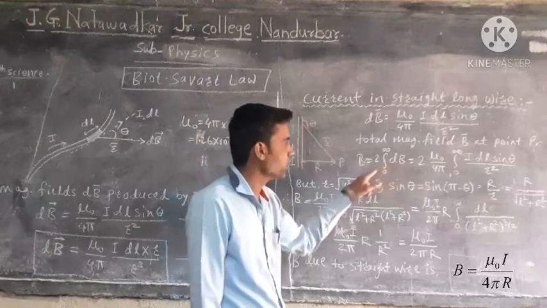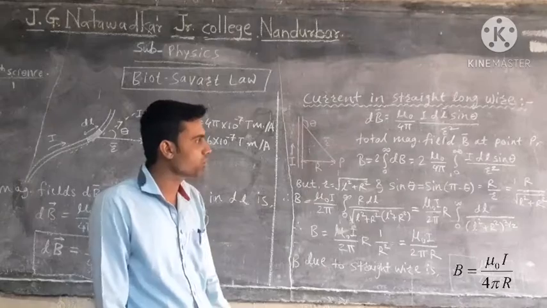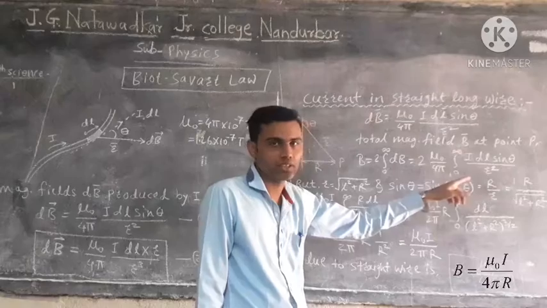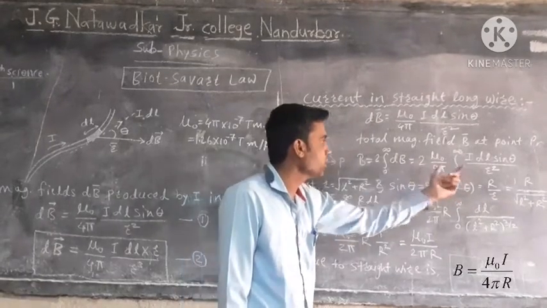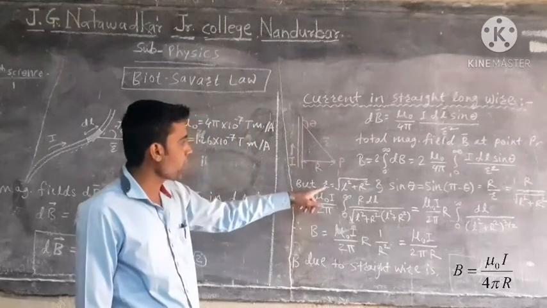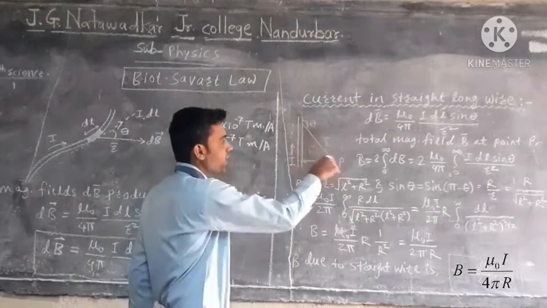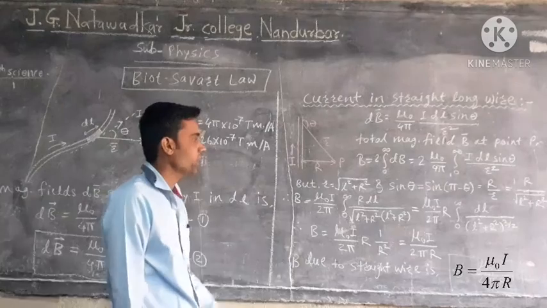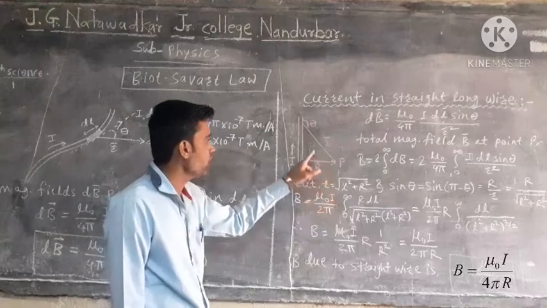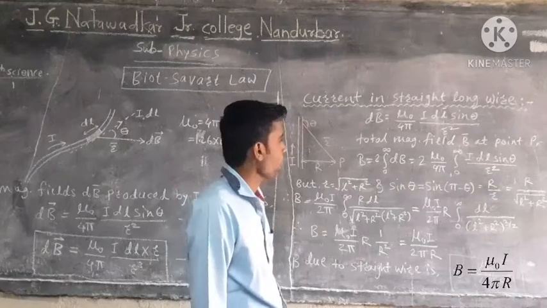So this value of dB is taken in this equation, and mu0 upon 4 pi, which is independent because it is a constant, can be taken outside the integration term, and all the remaining terms will stay in the integration. Here we have just replaced the value of dB with equation number 1. But r is equal to under root L square plus R square. Okay, here a right angle triangle is formed. In case of a right angle triangle, by using Pythagoras theorem, we can write hypotenuse r as square root of L square plus R square. Okay, so this can be done in our equation.